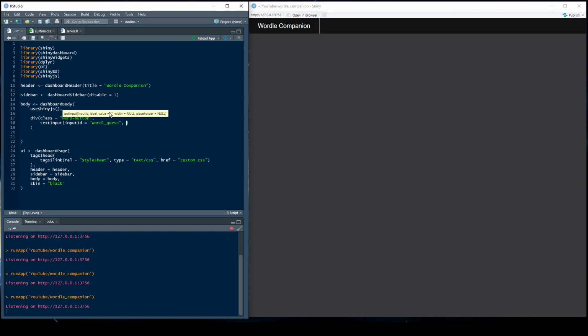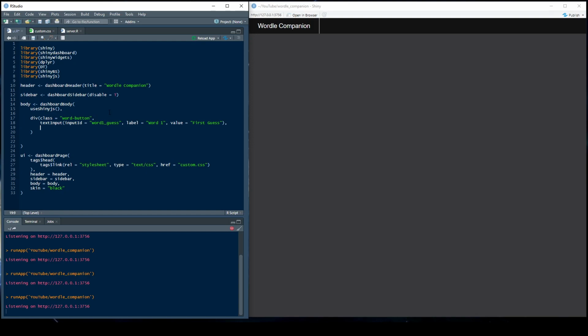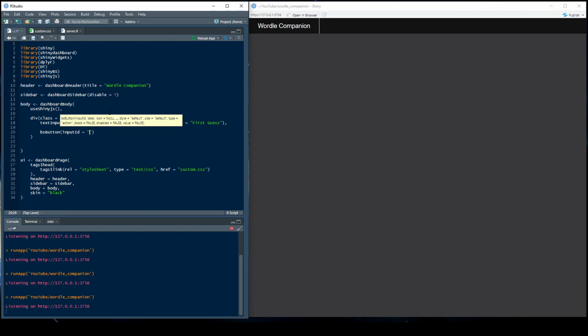We want to give it a label of just word one. And we want to give it a value, basically a preset placeholder, of first guess for now. Okay, so now that we have that, we just have to add one more thing in, and we're going to add in our BS button with an input ID of go1, a label of lock guess, and a class of